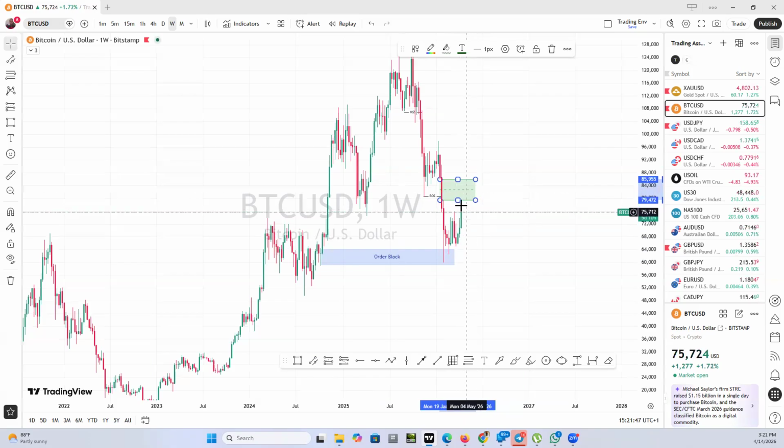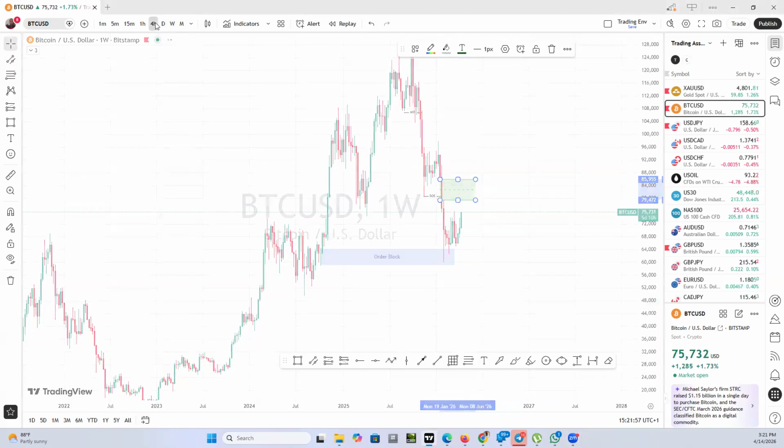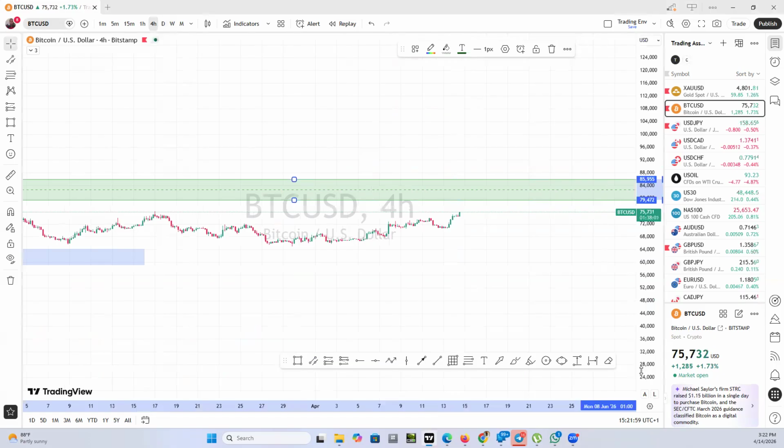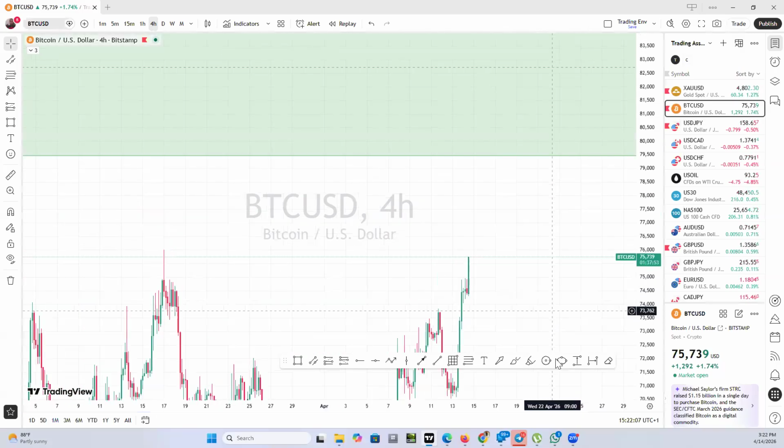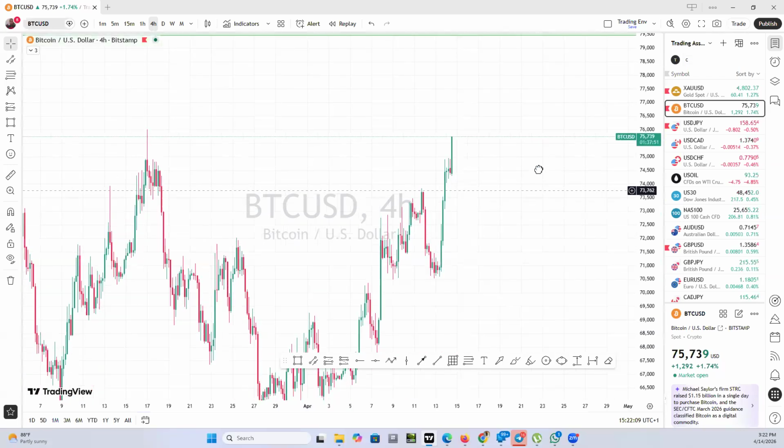Are we going to catch it here? No, we cannot catch it here. So we have to go to a lower time frame. The lower time frame for the weekly time frame is 4 hour. So on 4 hour, there is an entirely new movement, as you can see. So from here,